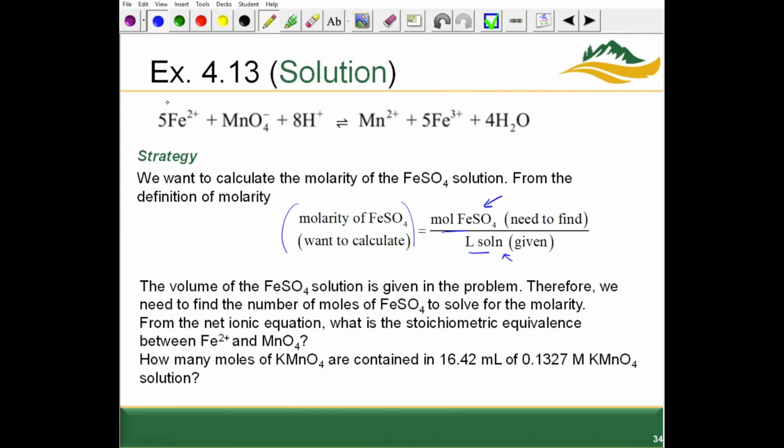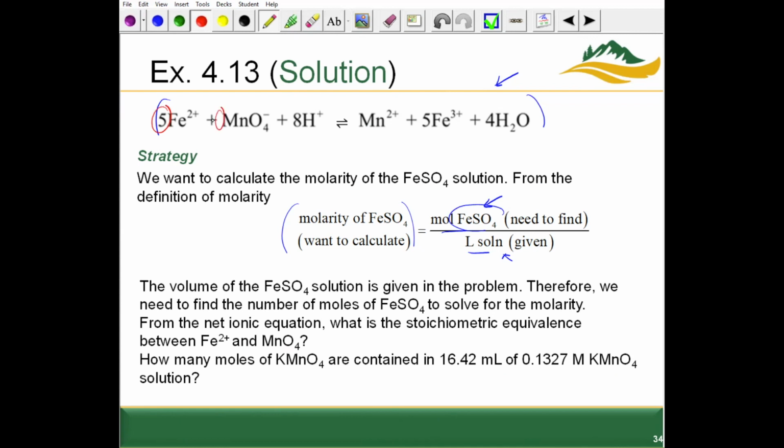To find moles of iron(II) sulfate, we can look at this balanced net reaction. Again, you don't need to worry about balancing redox reactions this semester. So here is the balanced reaction for this redox reaction. To connect iron sulfate and permanganate, we have 5 moles of Fe2+ for every 1 mole